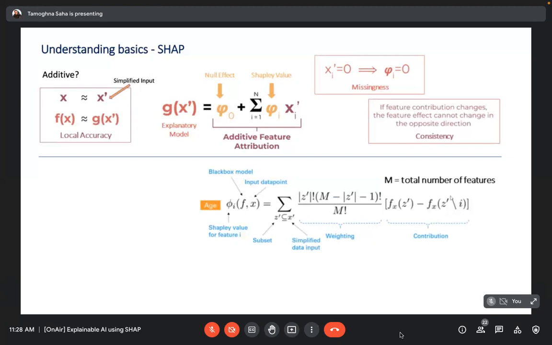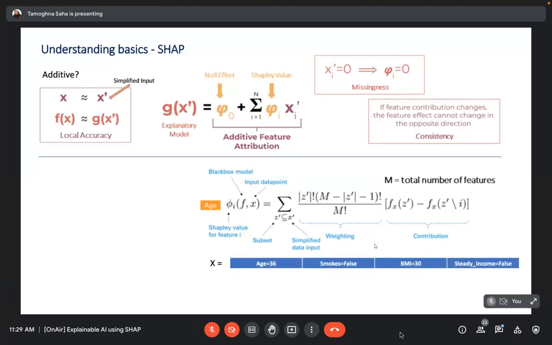So with and without that particular column, all of this will be present over here. As I was mentioning about those subsets or simplified records, this is where you can pass along some random value to any particular column, like age is 36, so randomly you can pass along 6 or 12, whatever. And with that, you will get some simplified input for the explanation of the model.